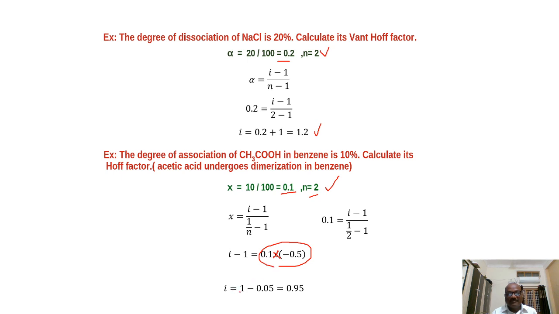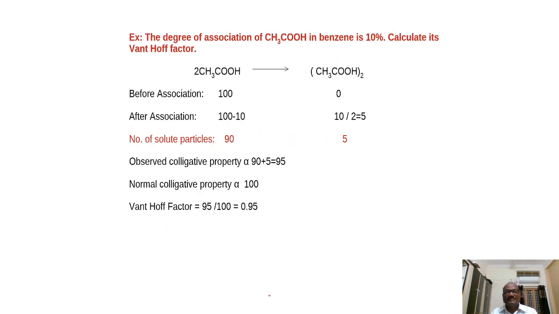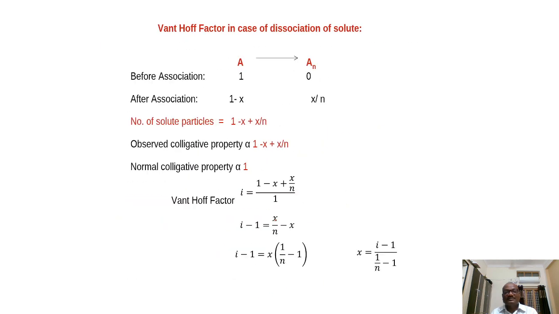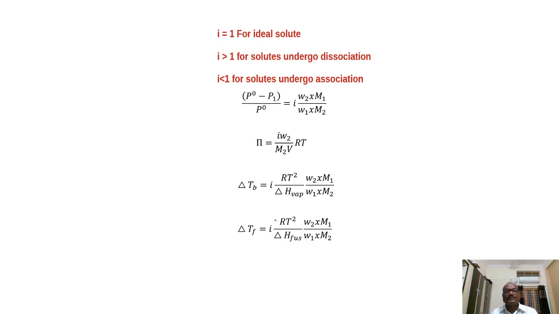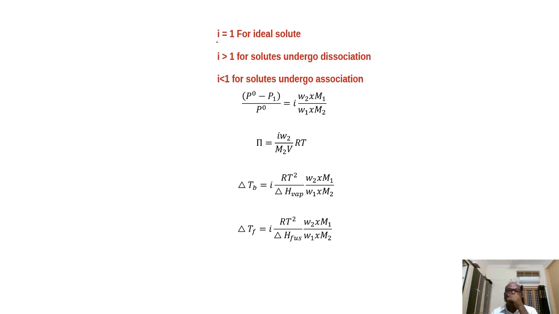So i will be equal to 1 minus 0.05, it is 0.95. Okay, we have already seen this problem. Here you can see this 0.95, as if we can solve the problems by using these formulas also. So from this, what we have discussed, you see, the van 't Hoff factor i will be equal to 1 for ideal solute,